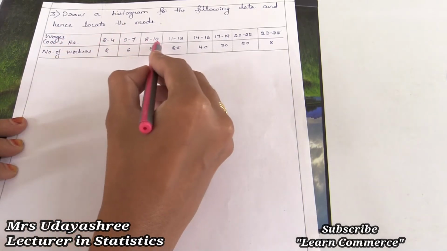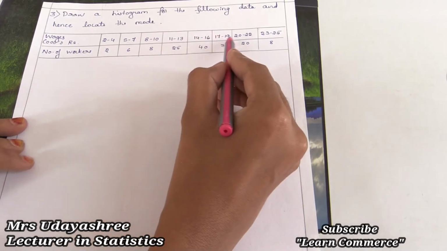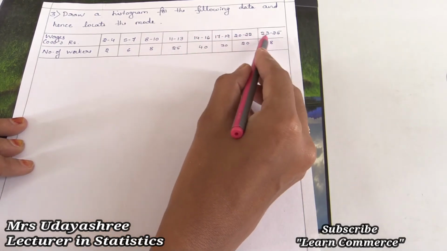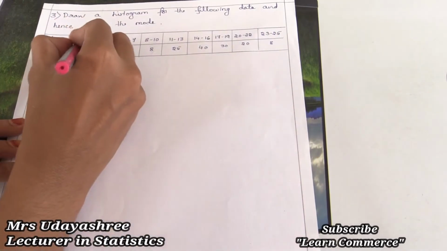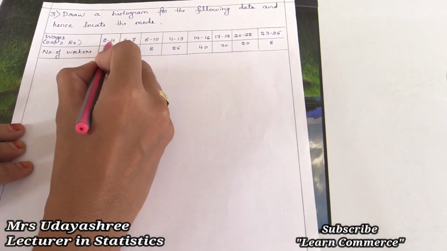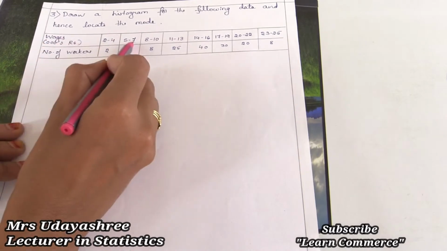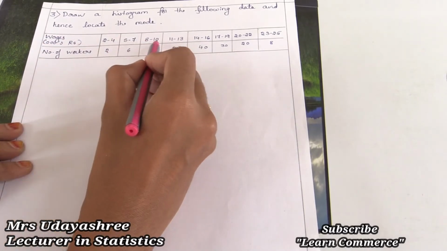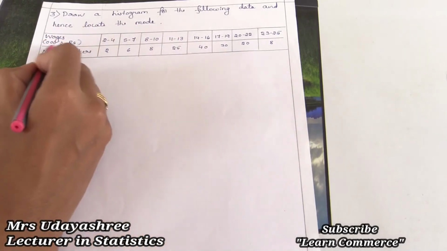to 7, 8 to 10, 11 to 13, 14 to 16, 17 to 19, 20 to 22 and 23 to 25. And see here, wages are in rupees and 1000 rupees. So in the sense here, 2 to 4 means 2000 to 4000, 5 to 7 means 5000 to 7000, 8 to 10 means 8000 to 10,000, 11 to 13 means 11,000 to